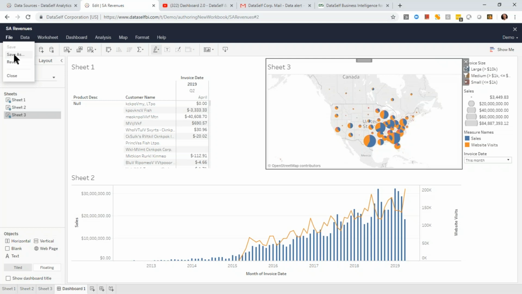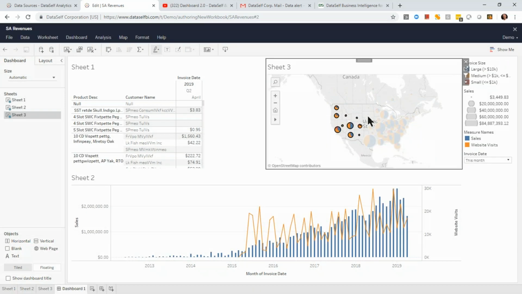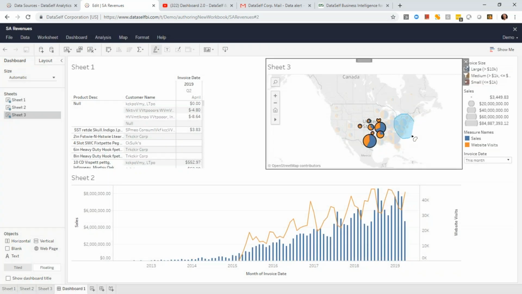Now, the out-of-the-box solution from DataSelf has 5,000 reports. Once I click save, I would have 5,001. I have a new one. And when you're looking at these reports and dashboards, maybe I'm looking at a mobile device and I want to see how I'm doing on the West Coast. I can select using my finger. And when you do that selection, it changes the whole dashboard to filter to only see data around those states. So very dynamic, very easy, and very fast.